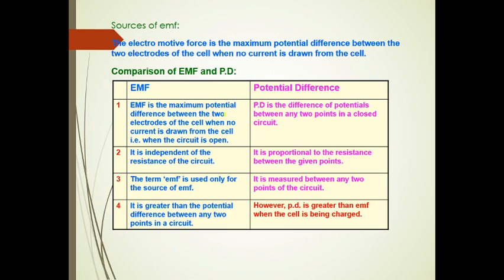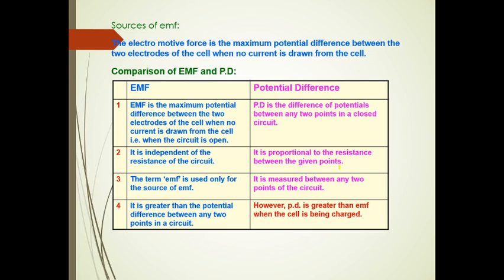EMF is the maximum potential difference between the two electrodes of the cell when no current is drawn from the cell, when it is an open circuit. And potential difference is the potential between any two points in the closed circuit. When the circuit is closed, there is a difference in the potential. The EMF is always greater than the potential difference. It is independent of the resistance of the circuit, because the circuit is open. The potential difference is proportional to the resistance